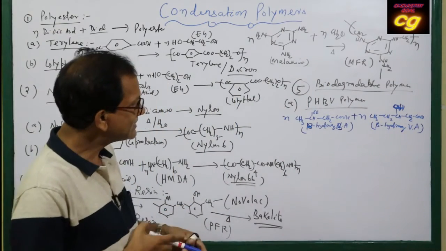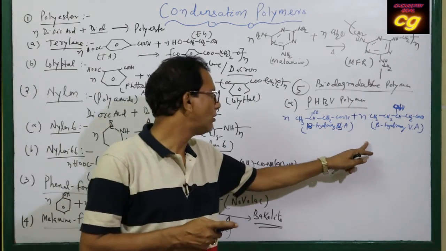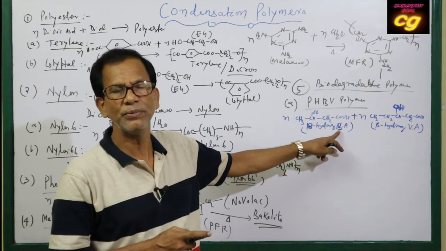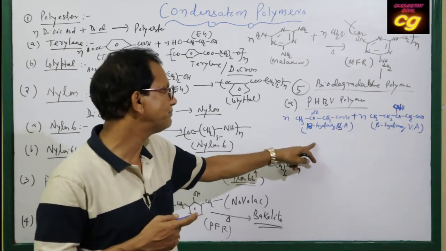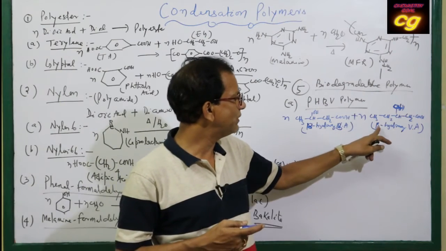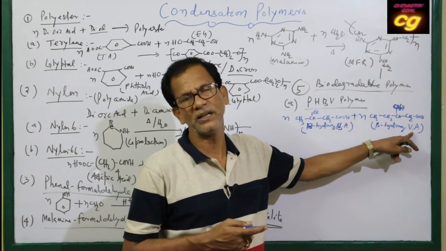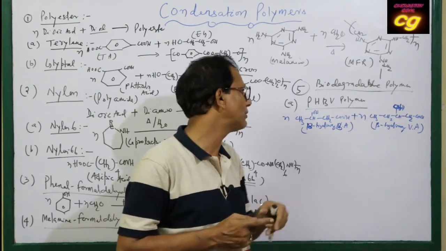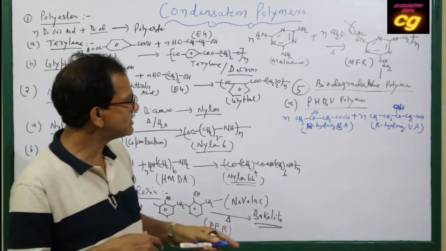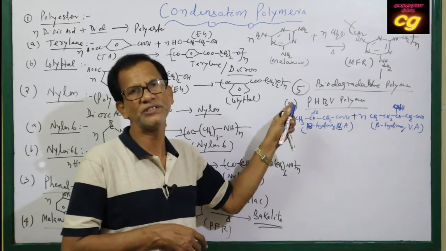So this is the combination of beta hydroxy butyric acid. Butyric acid means having 4 carbon atoms, butane like this, butyric acid. Then beta hydroxy valeric acid. Valeric acid is the common name, having 5 carbons. So these two acids are not simple acids, they are the hydroxy derivatives of these acids.